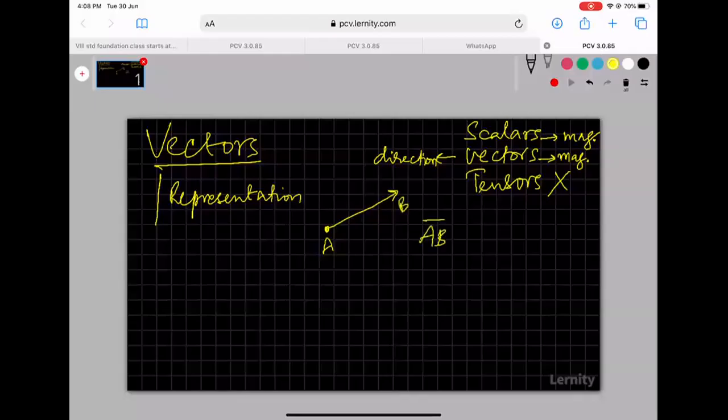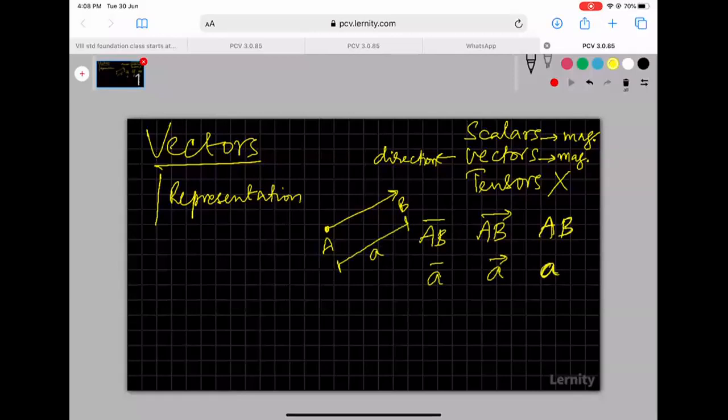An analytical way of representing a vector: AB bar, AB vector, or bolded AB. If you want to specify the length, you can usually use a smaller letter and use that letter for naming the vector. We generally say A bar, A vector, or bolded A. In different books, you may find different representations and notations, so stick to it. You understand that?